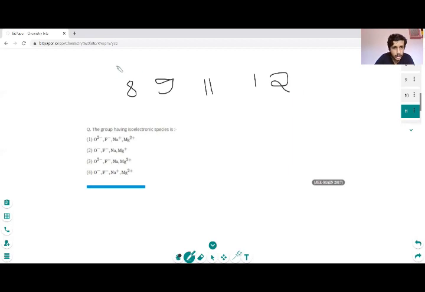I am not telling about ions, I am telling about atoms. Oxygen atom, fluorine, sodium, magnesium. And we are making ions. O2 minus means we are adding 2 more electrons. It is 10 now. Fluorine, 1 more electron. Fluorine will become 9 plus 1, 10. Sodium, we are removing 1 electron. It will become 10. And magnesium, we are removing 2 electrons. It becomes 10. So the answer is this.